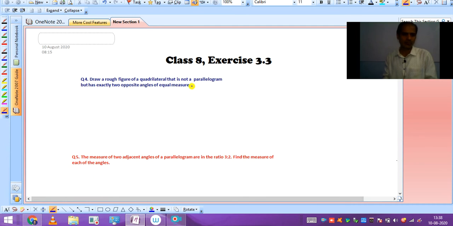Question number 4 is, draw a rough figure of a quadrilateral that is not a parallelogram but has exactly two opposite angles of equal measure. Now what is the meaning of this? We have to draw a quadrilateral, not a parallelogram, because there are two pairs of opposite angles which are equal in a parallelogram, but here in this question we have to draw a quadrilateral in which exactly two opposite angles are equal,